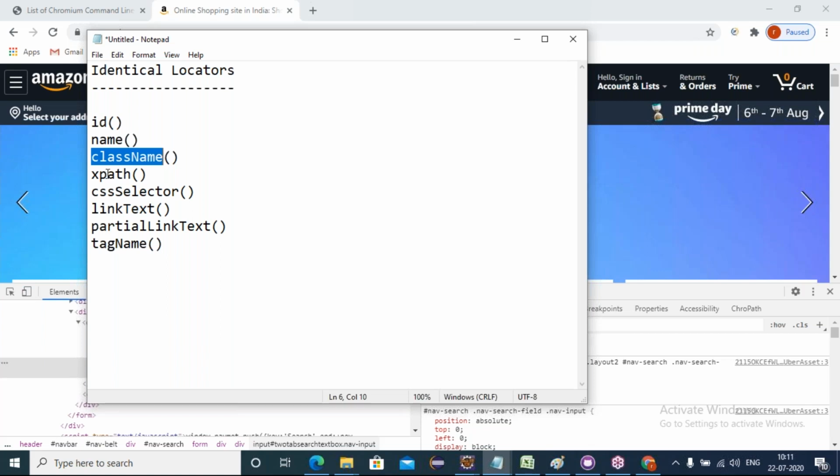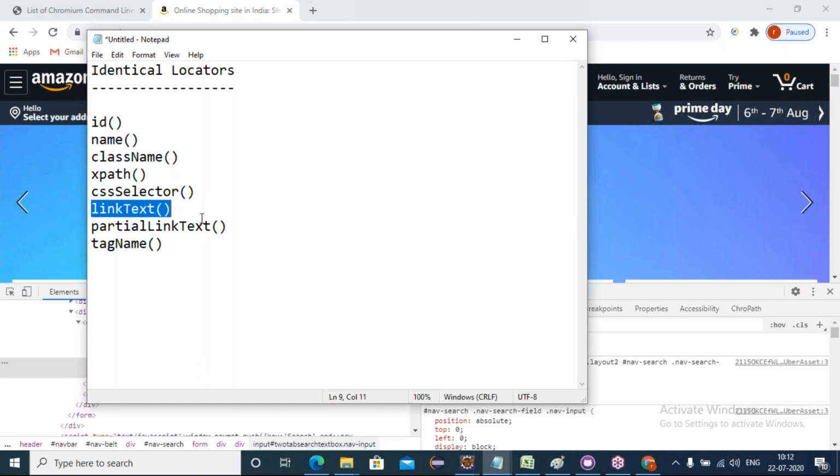If you want to give more than one property to interact with web elements, we go with either XPath or CSS selectors. Here we can give first name, last name, all the properties in XPath. More than one property we can define in XPath or CSS selectors.